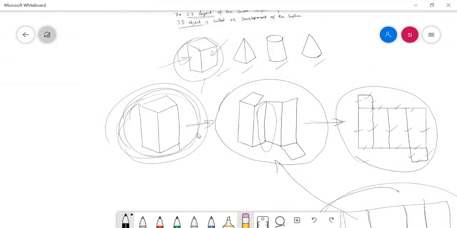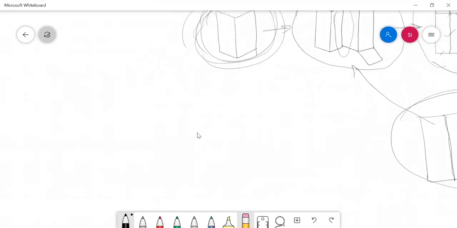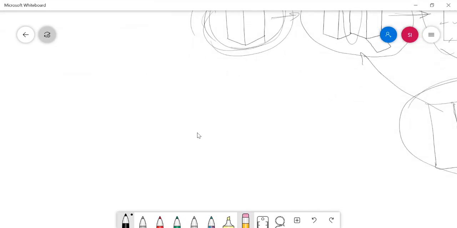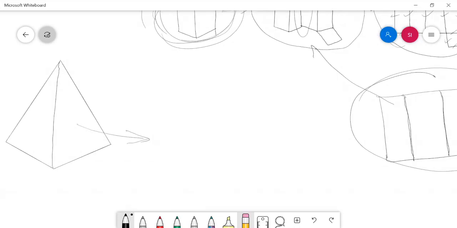Not only the prism, we can develop the pyramid also. If it is a square pyramid, when we uncover the outer skin of this square pyramid, we will get a combination of isosceles triangles.